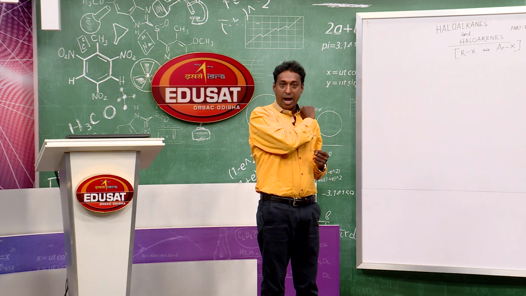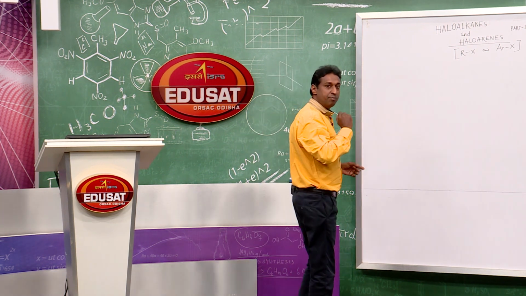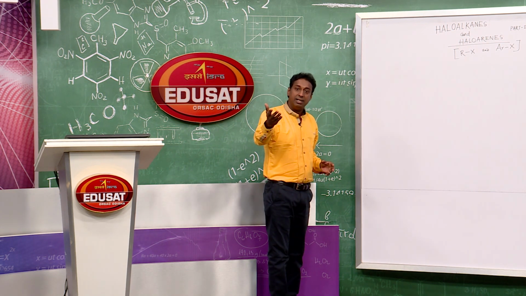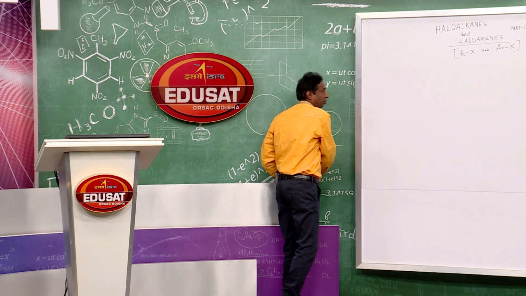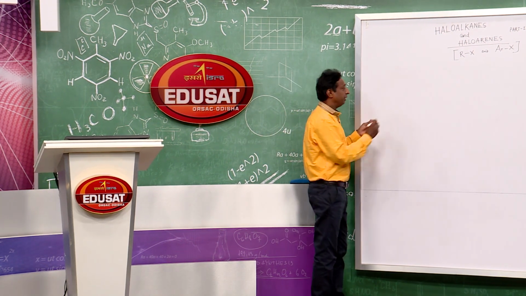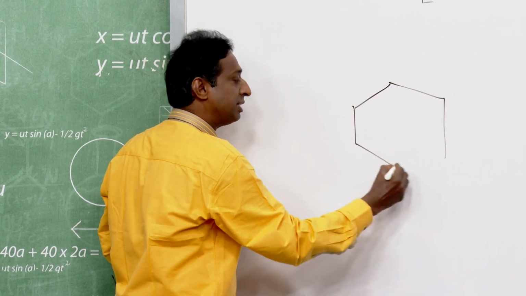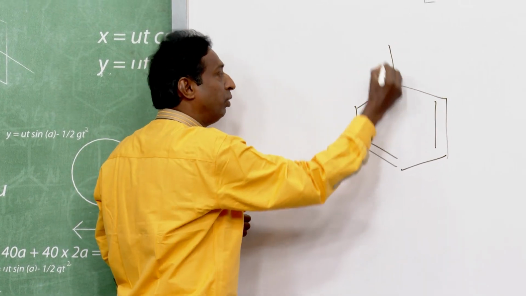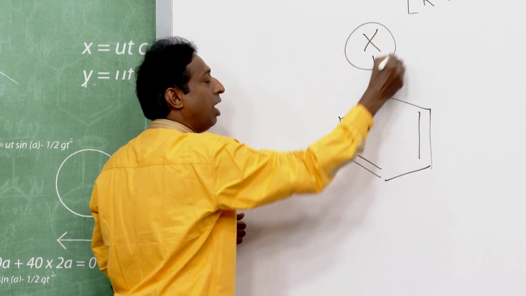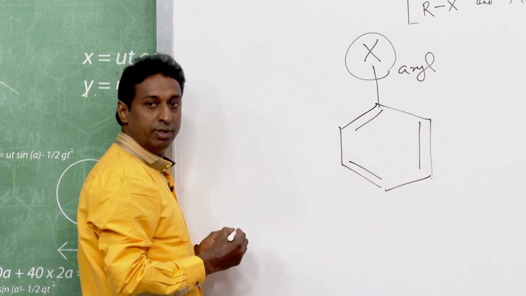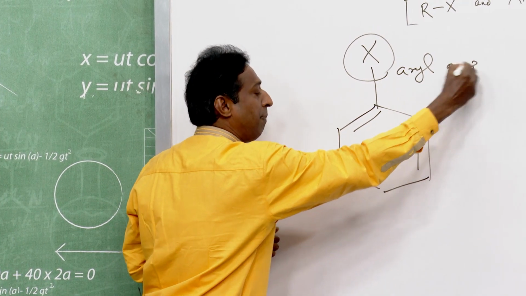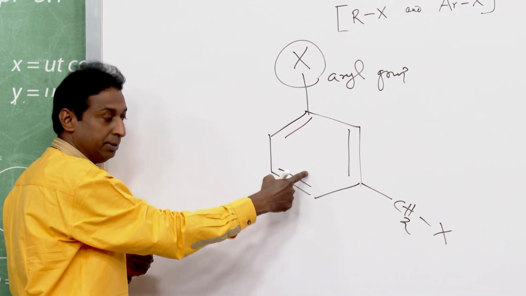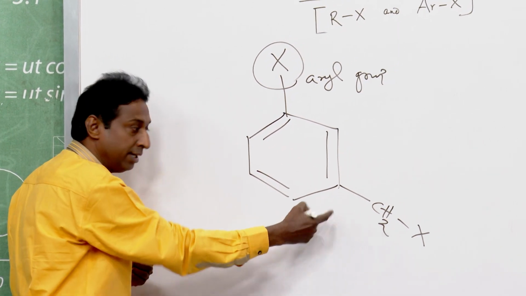Look at the board. I will give you one example where you see how benzyl, alkyl and aryl differ. With a simple example, I will show you. This is the benzene nucleus. You have 3 pi bonds in alternate positions. If I put a halogen here, this is called the aryl group. If I put here CH2 and then X, you see this carbon is outside the benzene ring, and this group